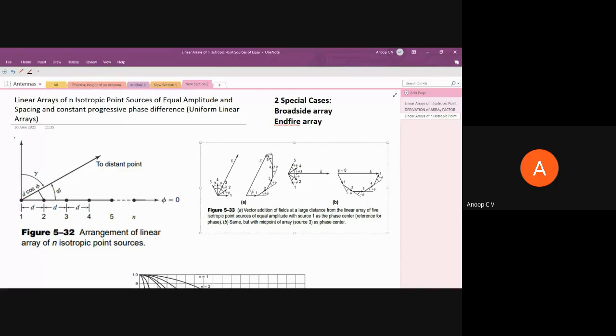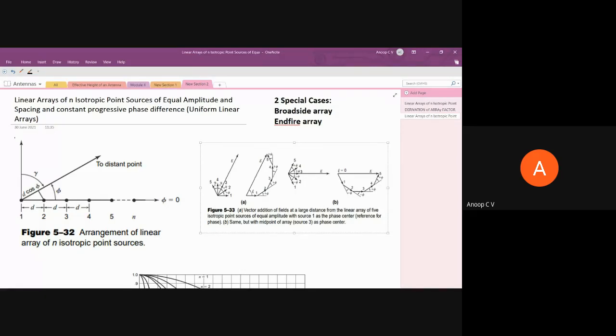So we have seen 5 cases in that. Case 1 was same amplitude and phase, same amplitude but opposite phase, same amplitude with phase quadrature. Those were 3 cases. And the fourth case, yesterday we saw as a general case of the first 3 cases. That is same amplitude, but any arbitrary phase difference. We call the phase difference delta. And the fifth case was unequal sources. Amplitude was different, phase also was different. So those 5 cases were about arrays of 2 isotropic point sources.